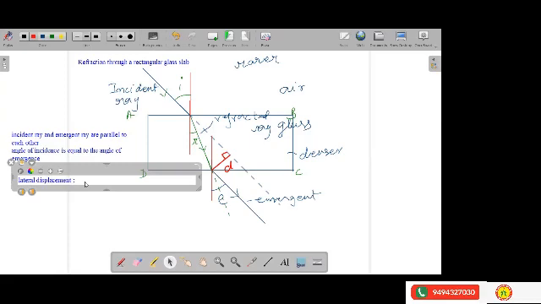Lateral displacement means the distance between the emergent ray, or you can say the perpendicular distance